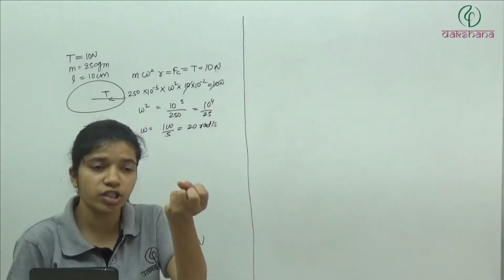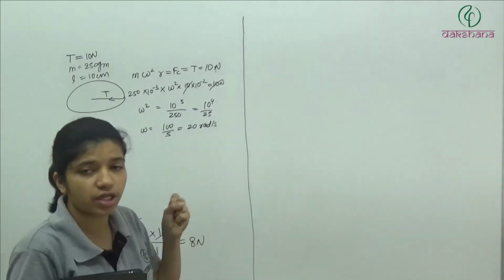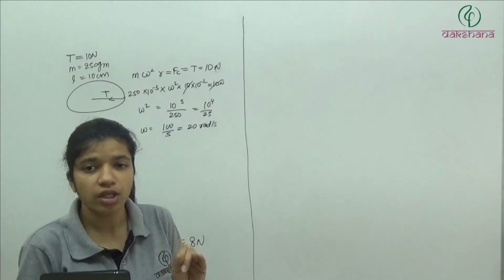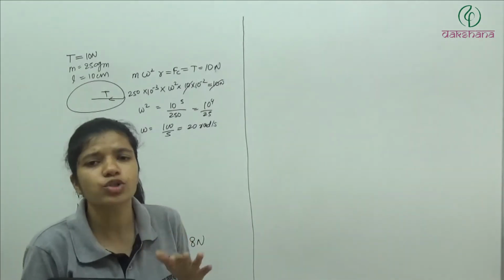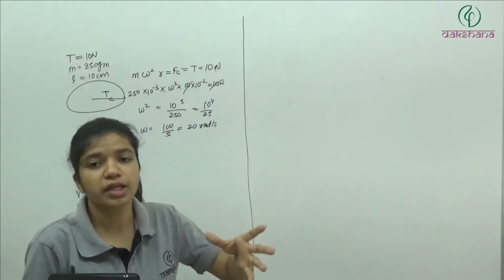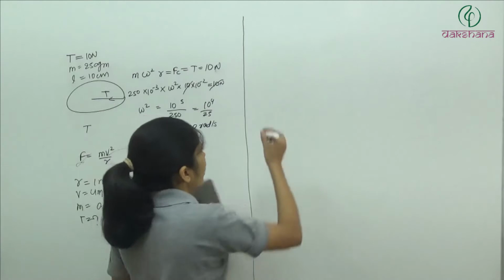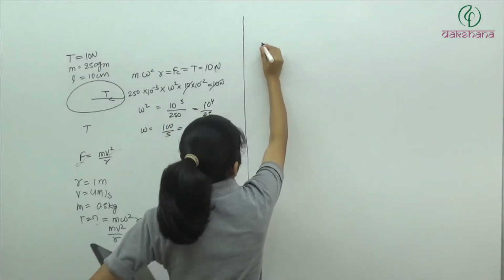An acceleration which is towards the center and an acceleration which is tangential, always tangential. So we have given names. Centripetal, because it was always towards the center. But the total acceleration of the particle will be tangential plus centripetal. So now I want to find out the acceleration of the particle.